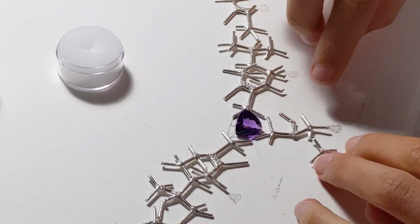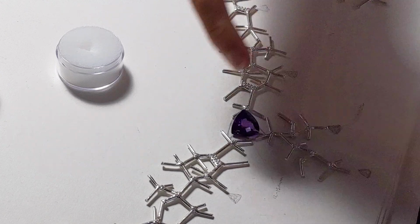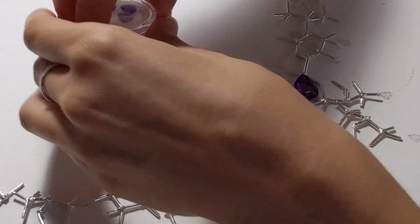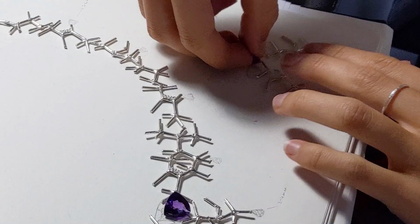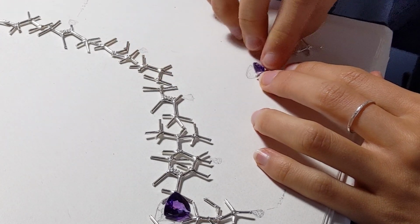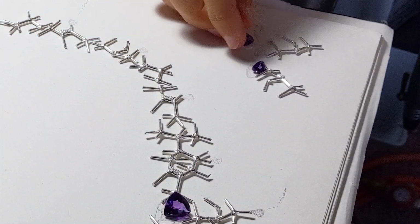It's tricky to lay them out because they are faceted and they've got quite a deep stone, but you can have a look. That's exactly where it would sit, just obviously flipped up the other way. So that one would go there, and these ones would go in here the other way around for the actual earrings. Now I had mapped out bigger stones for the earrings, but I actually really like these,